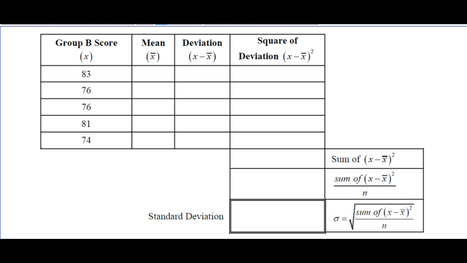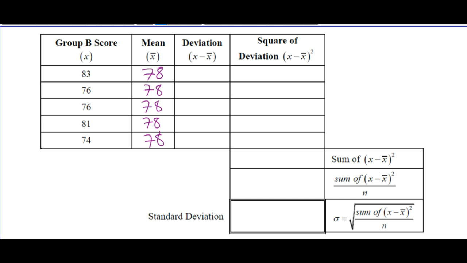Okay, we got another set of scores here, right? So we've got group A, we got group B. We're going to do the same calculations. The mean here is 78. Okay? Now, if we kind of look at the scores themselves, we can see that the first group is a